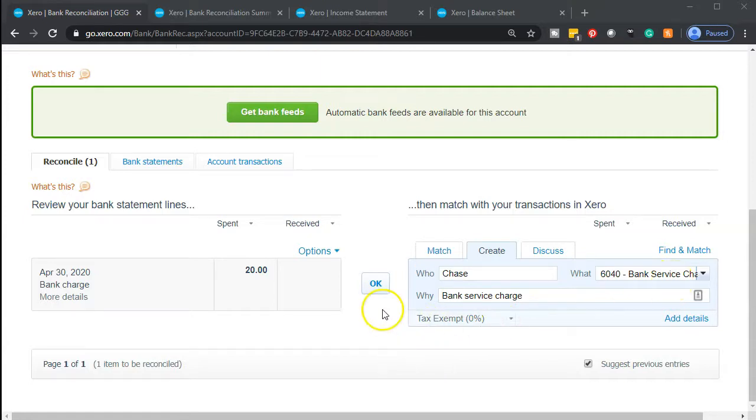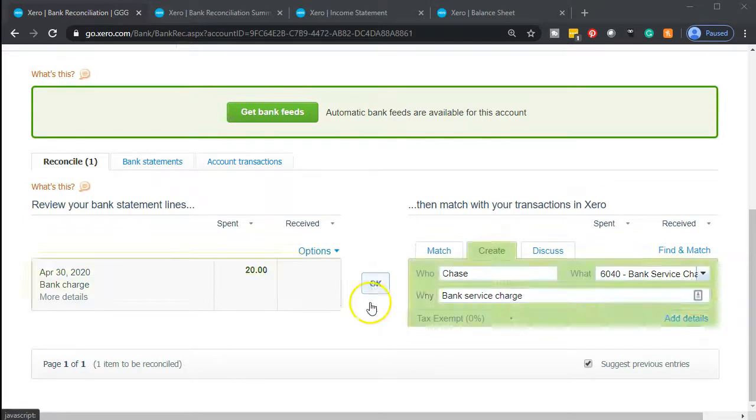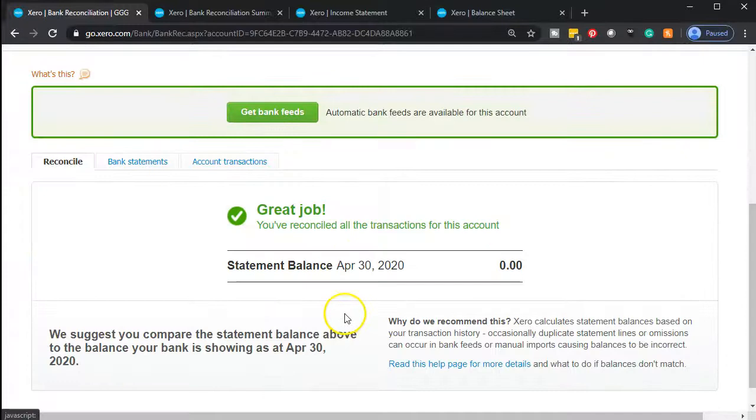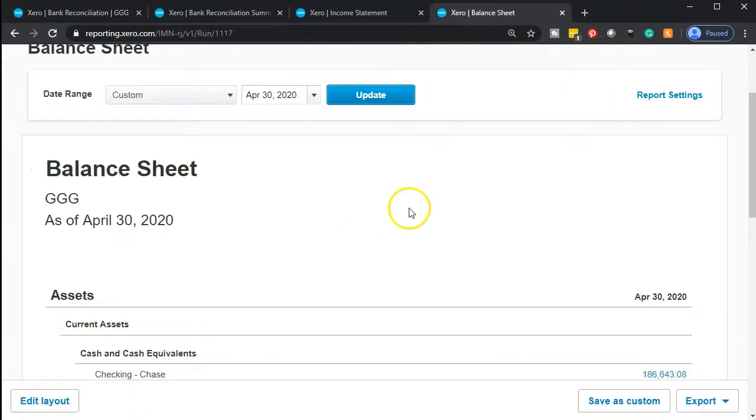So remember, these will usually be good, but you may want to have the practice of then taking that suggestion, making a rule with it. We'll talk more about rules at a later time, but just keep that in mind. So we're going to go ahead and say OK. It'll create the transaction on the right as we've seen in the past, and we'll take a look at our final reconciliation reports. So I'm going to then go to our balance sheet and say what happens to the balance